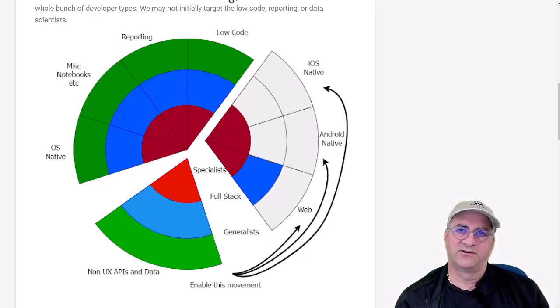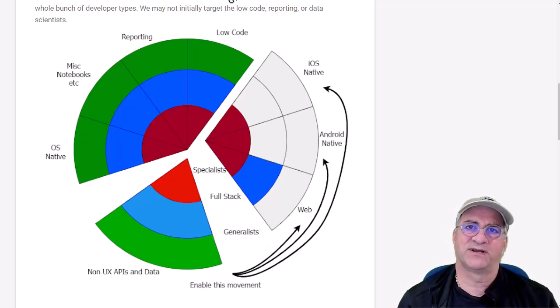You can make it OS native, you can do Mac OS, Windows, Linux, and you can do iOS native, Android, and web. What I'm going to assume for the purpose of this discussion is we're either going to build standalone Flutter native apps, or we're going to build a module for an existing app, but really we're just going to use regular developers to build that, and we might still have some specialists.